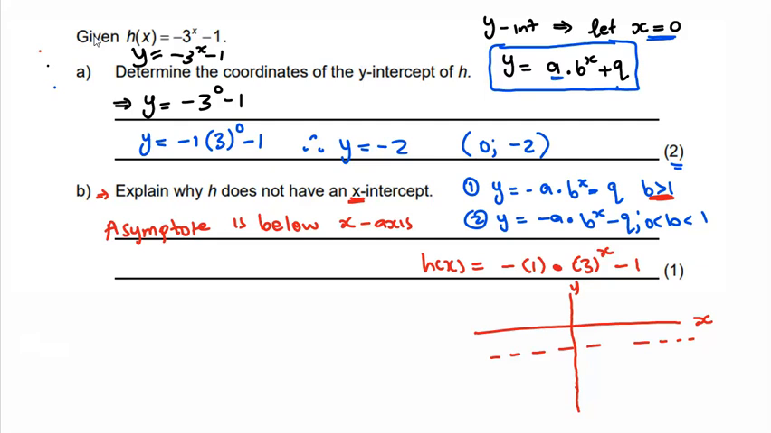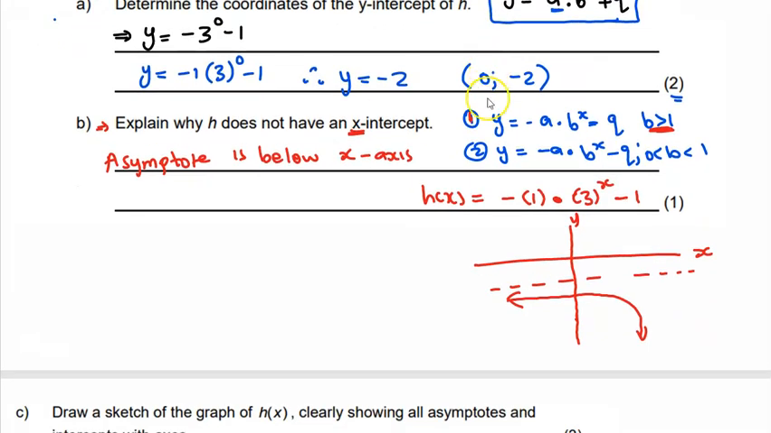Your graph should look like this. So it's for the first method, if the value of A is negative. So now let me explain what will happen if the value of B is between, let's say, the value of